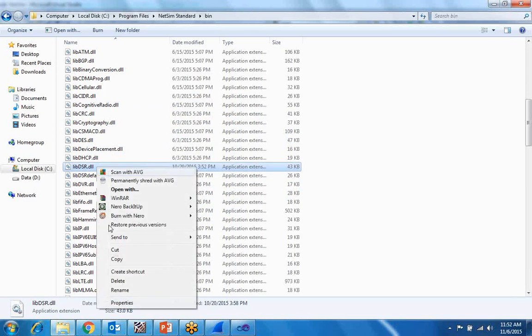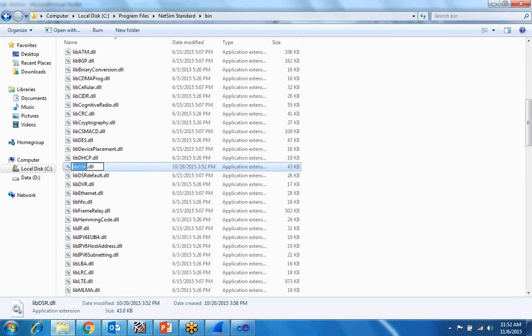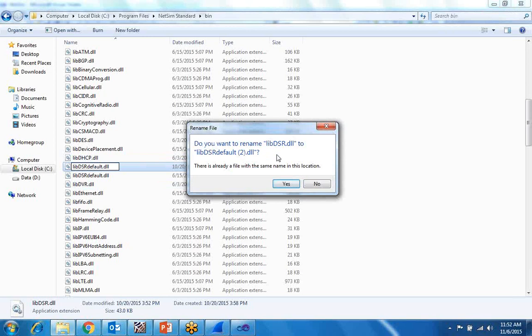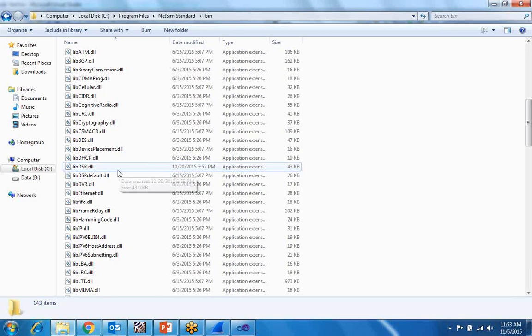For protecting it, we rename it to some other name, so that after doing our simulation, we'll still have our original file here. So we rename it to libdsr default. Actually, I've done it before, so libdsr default.dll is already there, and we can do the simulation right from here.